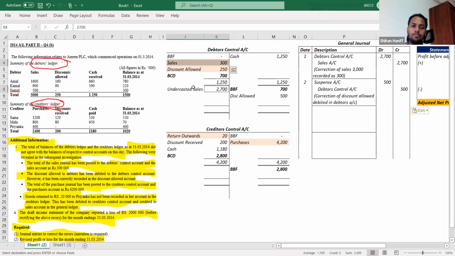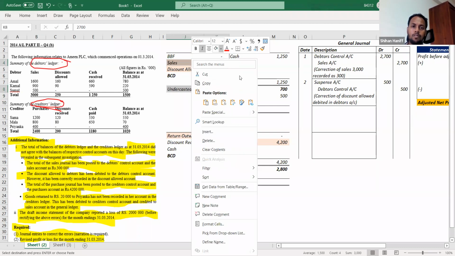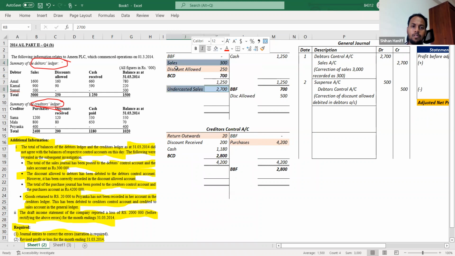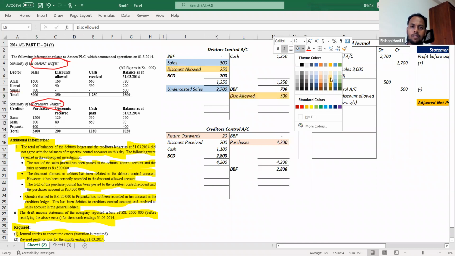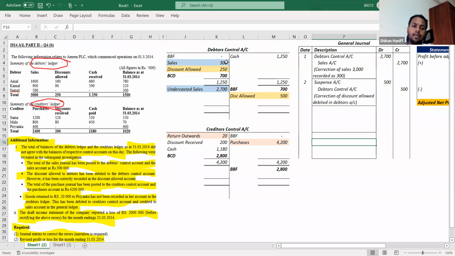Sales, these two. Okay. Sales recorded as 300. Added 2,700. Okay, move to third one. Third one is this